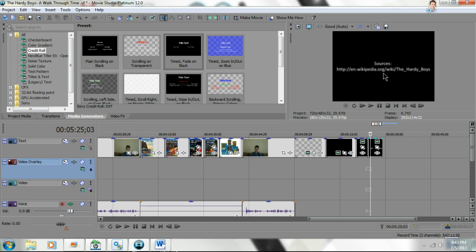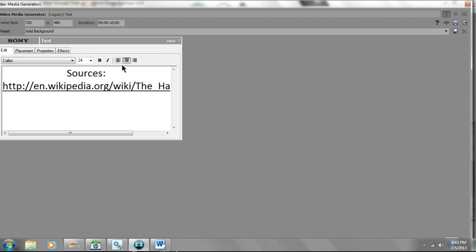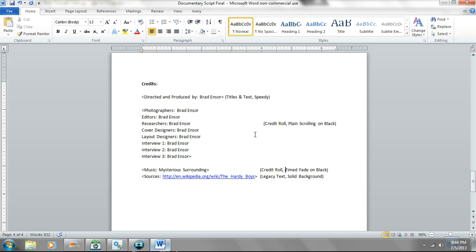And then the sources are just going to be Legacy, which is a solid background. As you can see, a pretty solid background, because then that allows us to do several lines with the font, whatever size we want, which I'm going to show you. Click Project Media. We can do several lines going down this list without it moving into another page,